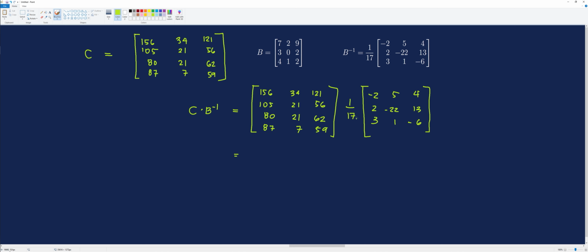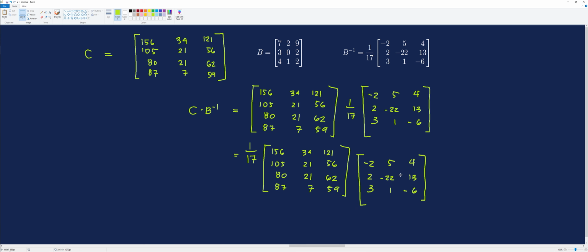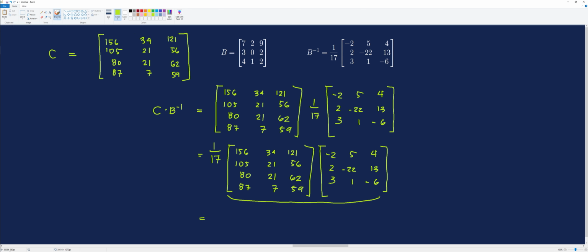We can rearrange the order of the operation. We can have this as our first multiplicand. For the second multiplicand, we can have the matrix C. Then we can have the inverse. We perform this operation. So we copy 1 over 17. And the product of these two matrices is